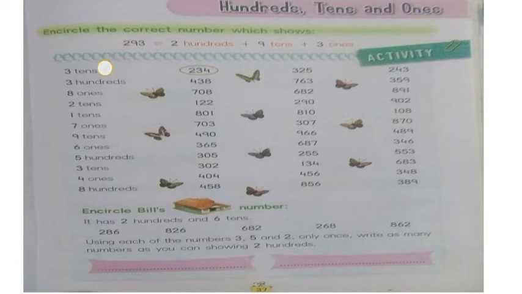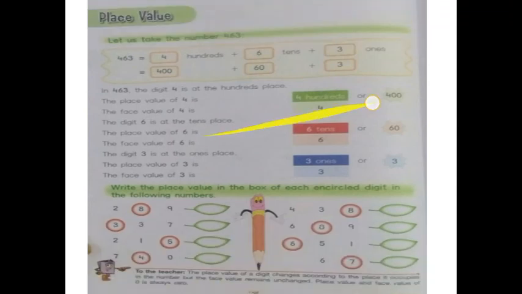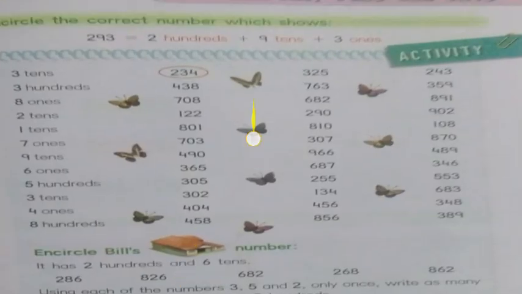Encircle the correct number which shows 293. So how will you write this number 293 in expanded form? 2 is in hundreds place, so 2 hundreds. 9 is in tens place, so 9 tens, and 3 is in ones place, so 3 ones. We write in maths the number in order of ones, tens, hundreds. Like, the number is